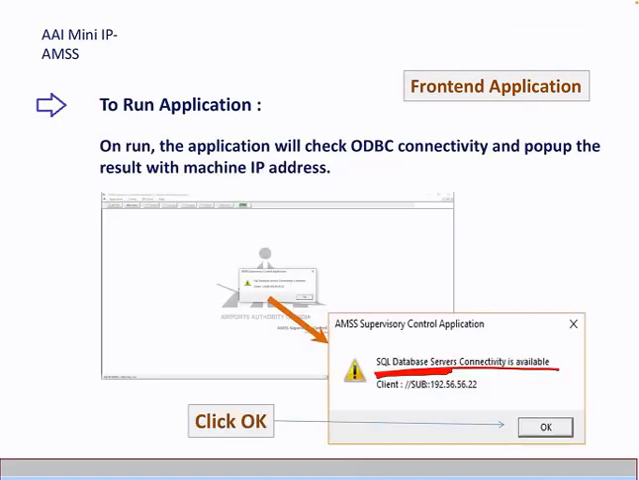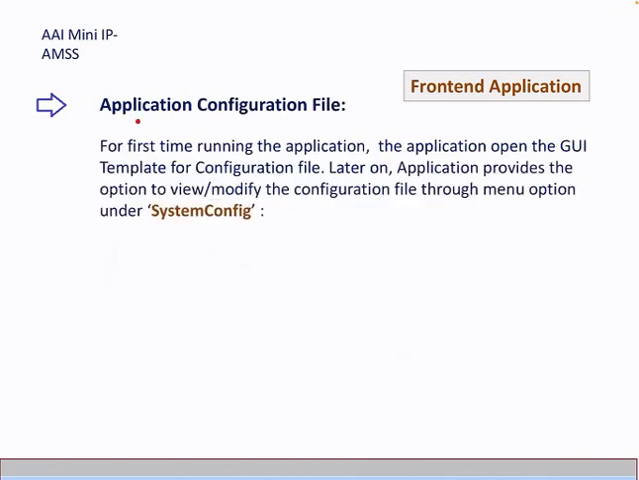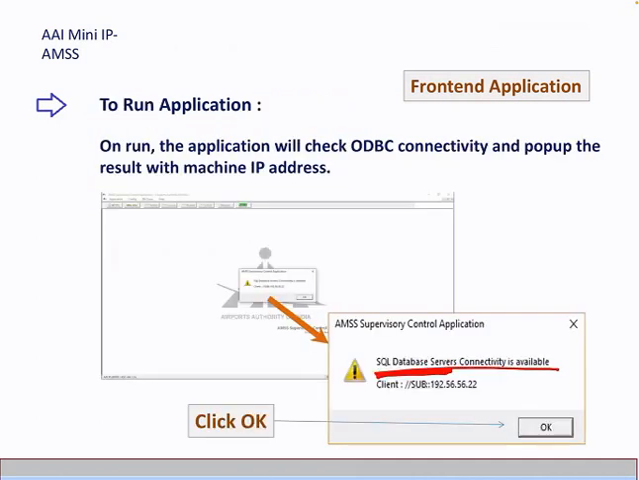Now, application and configuration file. For the first time running the application, open the GUI template for the configuration file. Later on, the application provides the option to view and modify the configuration file. Like, suppose once you have configured